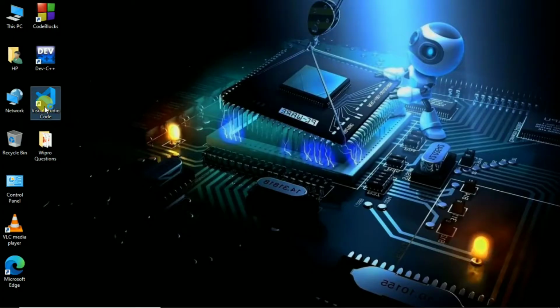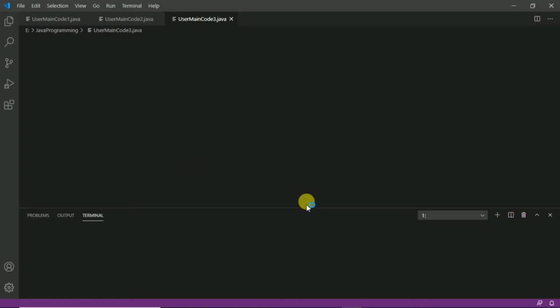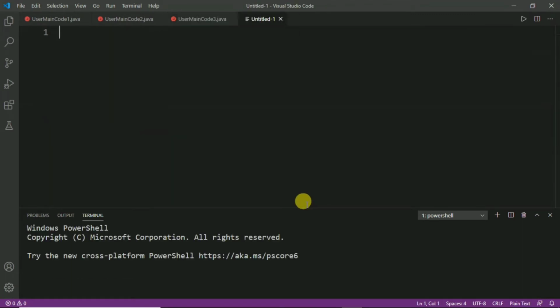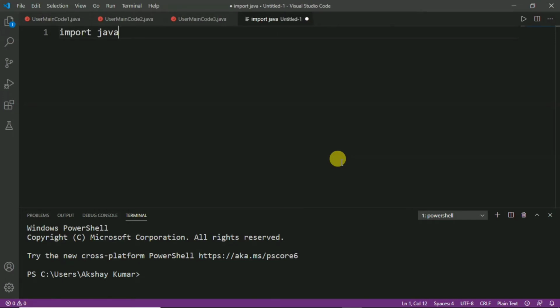Now let us open Visual Studio Code and press Ctrl N for a new tab. At first, we will write the program, after that we will see how it works. Initially we have to import some Java packages. So, we have to write import java.io.*; and the other package is import java.util.*;